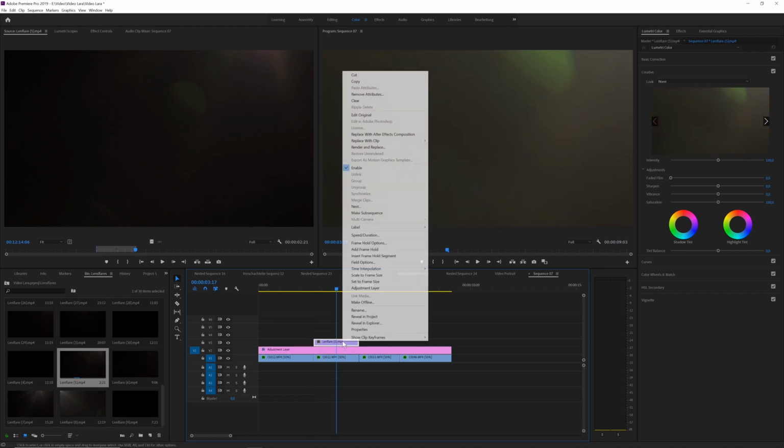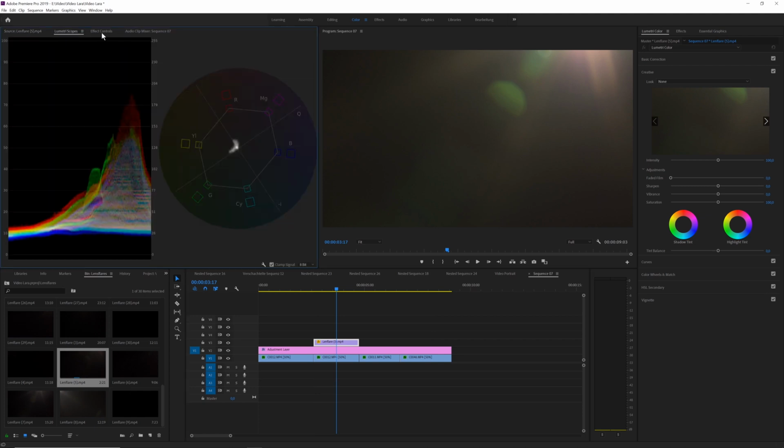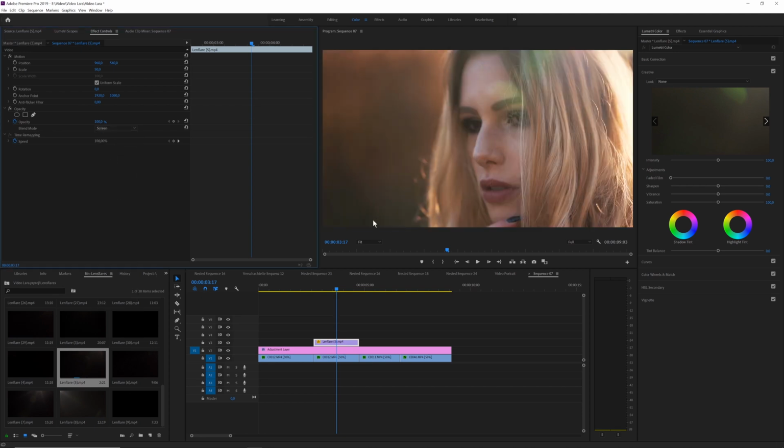Now, because this sequence is on 1080p, we first have to right click the footage, go to set to frame size, so it resizes the 4K lens flare to match our 1080p sequence. The second step is we go to the effects control panel, then to the opacity and set the blend mode